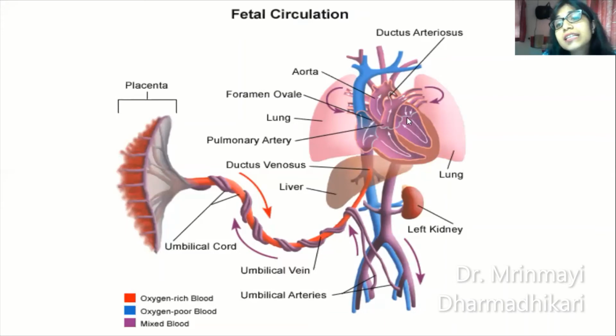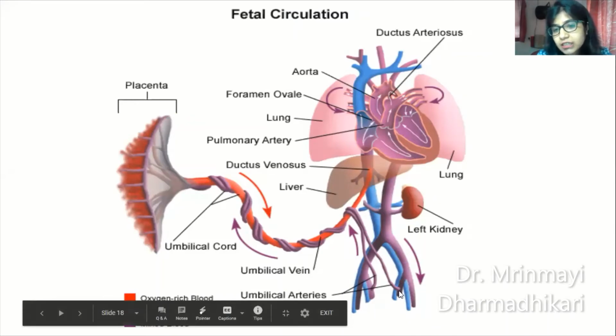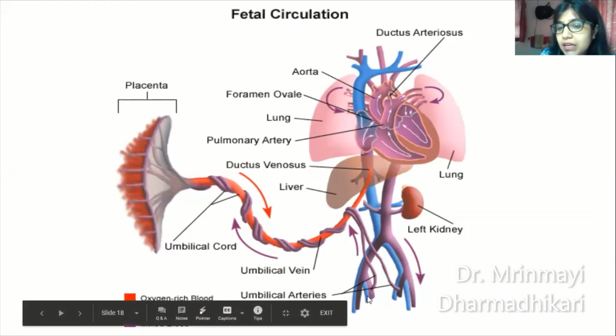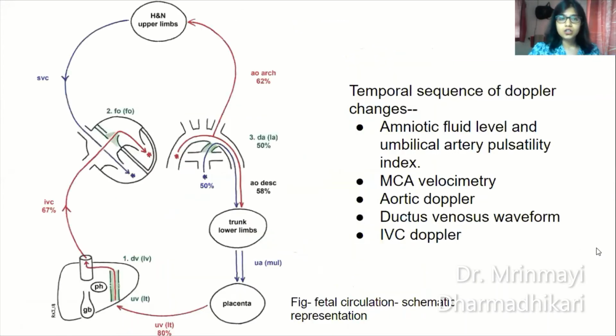From the pulmonary artery, the blood is shunted to the aorta by the ductus arteriosus. Whenever there is a ventricular systole and the left ventricle contracts, the blood is again pushed out through the aorta, and the aorta then supplies this blood to all the body systems, the body organs. Ultimately, this mixed deoxygenated blood is carried by the umbilical arteries back to the placenta for reoxygenation, and the inferior vena cava collects all the deoxygenated blood from the body structures, the body systems, and pours it back into the right atrium, like in an adult.